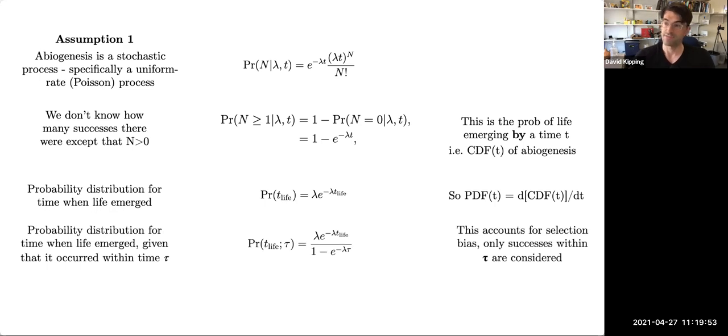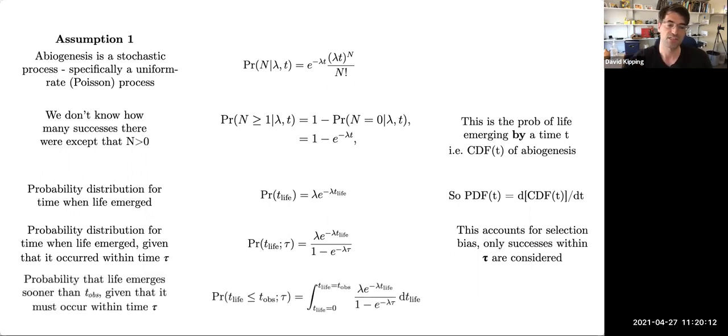However, we have a selection effect, and that's that we can only count events if they occur within a time tau. So this is like the evolutionary time scale, essentially, in Spiegel's model. So it has to happen within a time tau, or otherwise we don't know about them. And so you're basically renormalizing over a time interval tau.